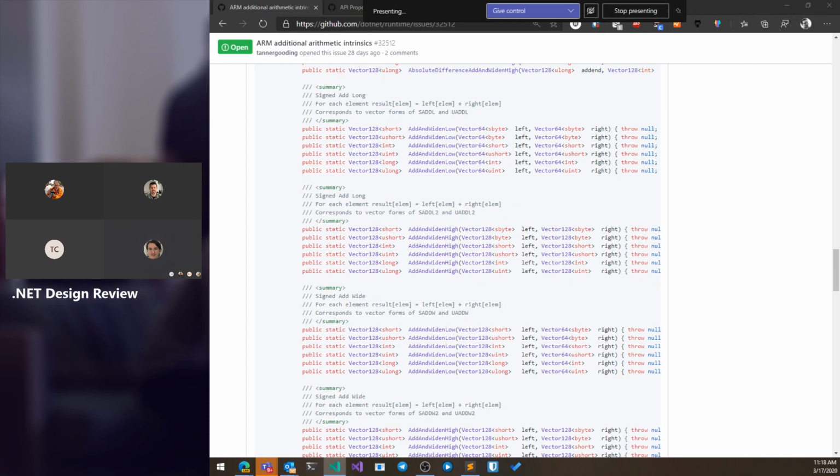Yes, I think so. And I think we said these should be add widening lower and add widening upper. Yeah, I've already fixed the lower and upper here. So add widening lower, add widening upper. And then add widening lower has logically two overloads, one with 64, one with 128. Right, and then